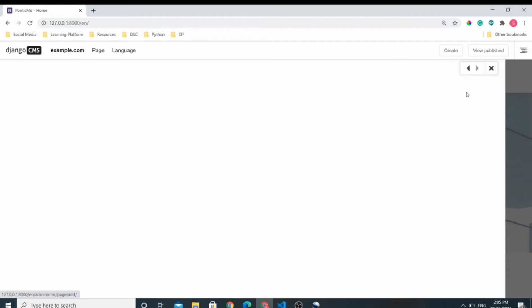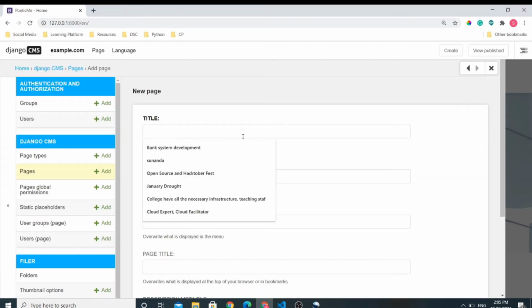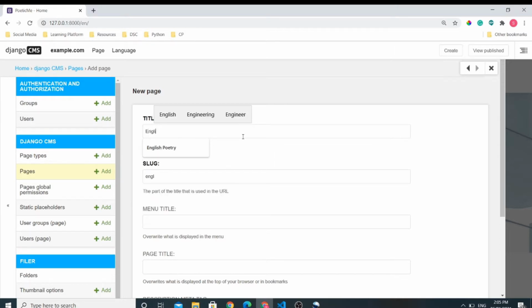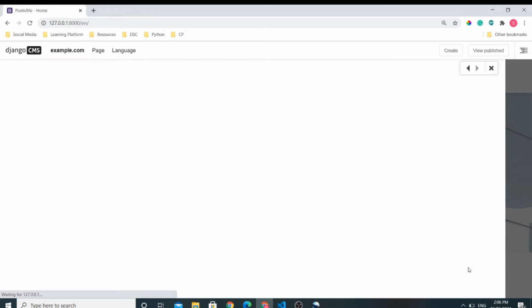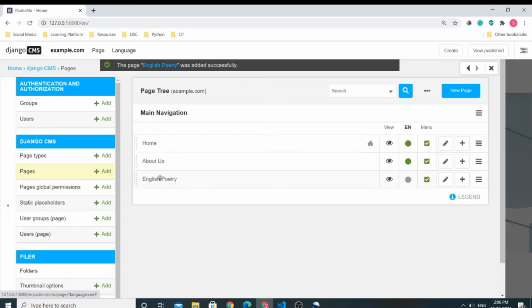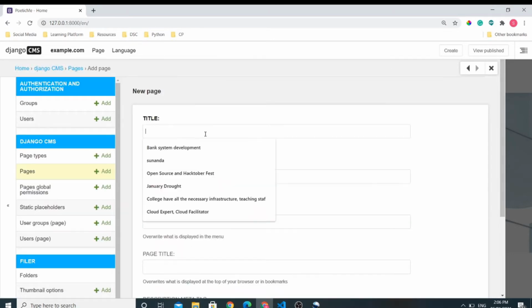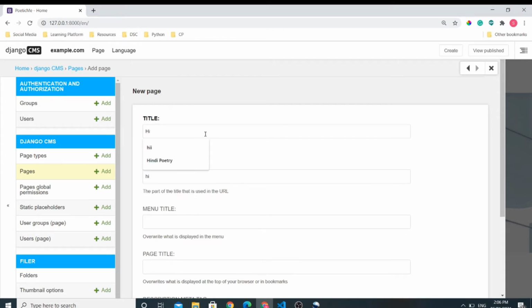Click on new page. The title of our page will be English poetry. We'll write the similar title here. And save this. You can see that a new page is created. Now, let us create another page for Hindi poetry.